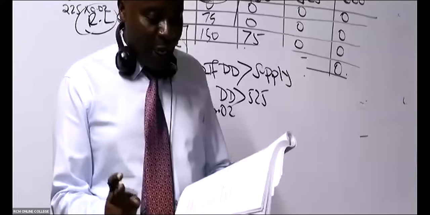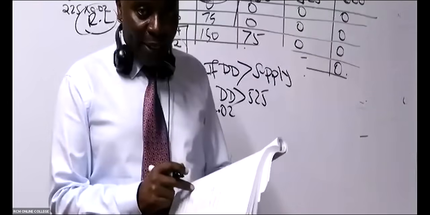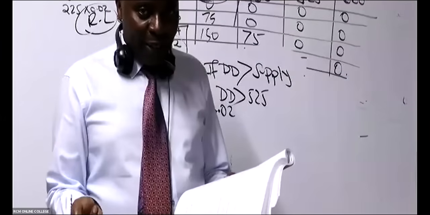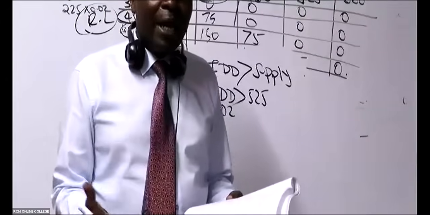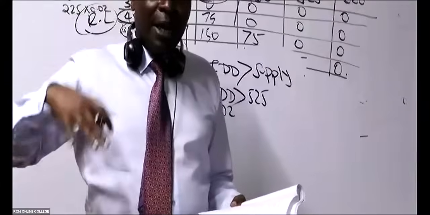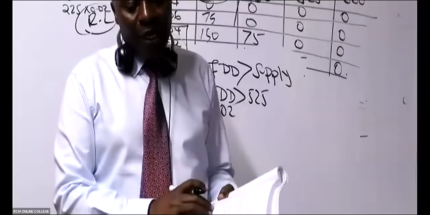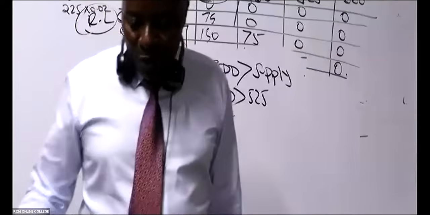I know what this student is asking. The annual demand, the examiner must give us the number of days in a year, which weren't given, and we don't need it. I would have wanted this annual demand if the number of orders were not given. Then I would have taken annual demand divided by EOQ. But here we are already given the number of orders.